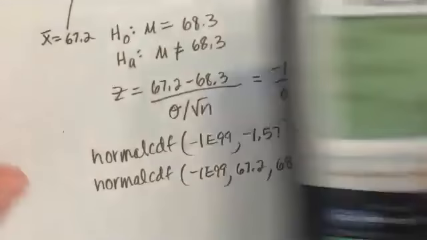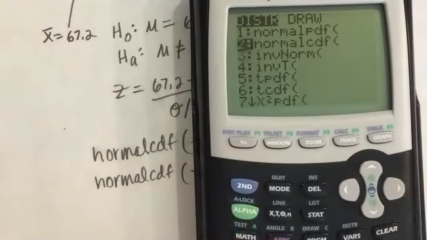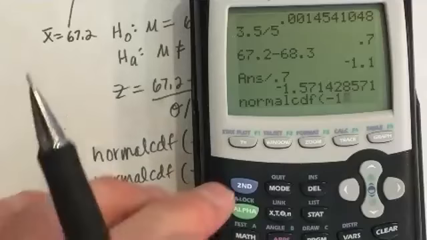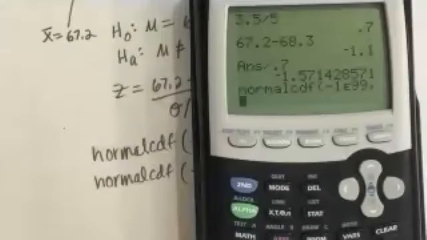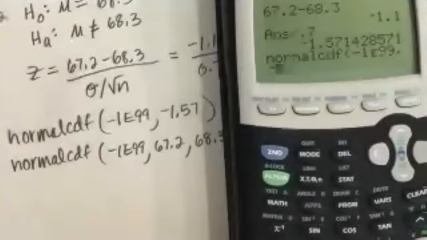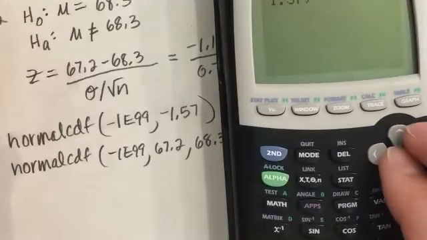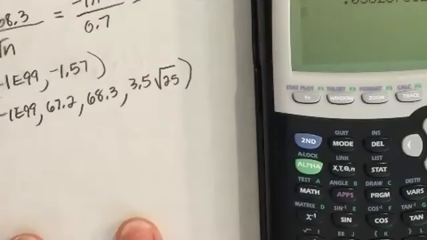And so doing that, we get distribution, normal CDF. We're talking about all the way to the left. Of course, the calculator can't go infinitely far over. So you just go 1 times 10 to the 99th power, which is pretty far. And then it was minus 1.57. What did I do wrong? Oh, minus. Okay. So I get the p-value is equal to